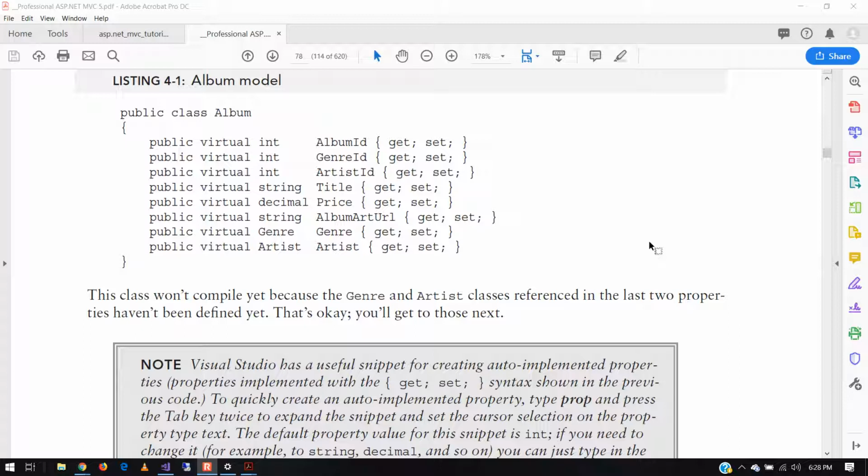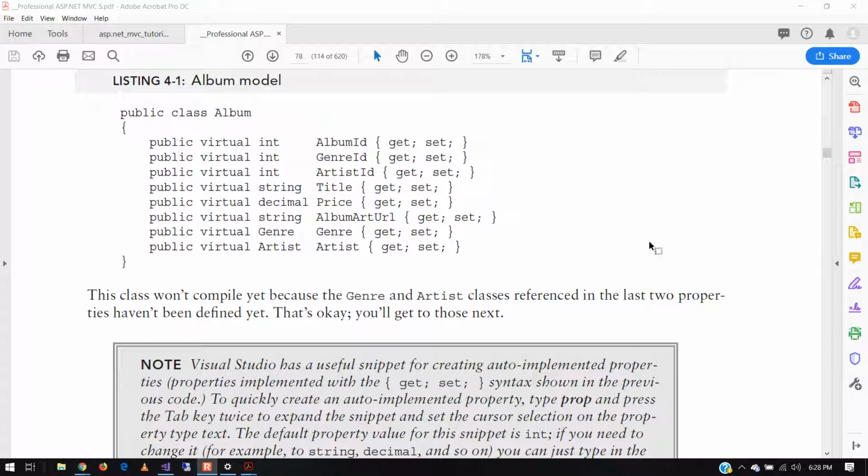And then we go through and you think about what might be in a music store database. If you are putting together a music store application, why do you go to a music store? To buy an album or a CD or a tape, right? But we call them albums, right? So an artist creates an album and they release it. And so you can see that we have an